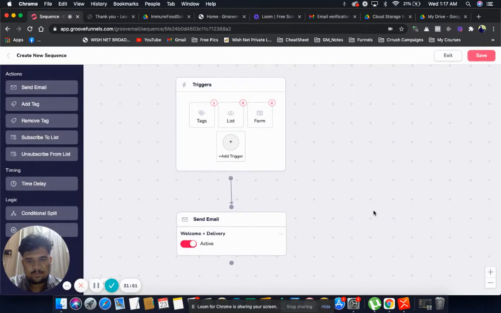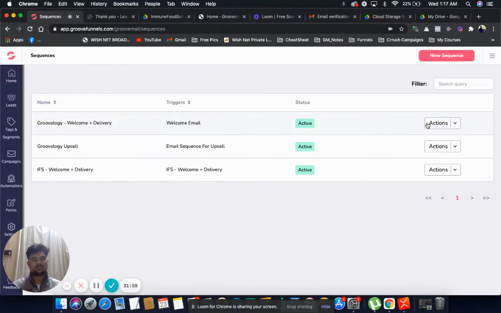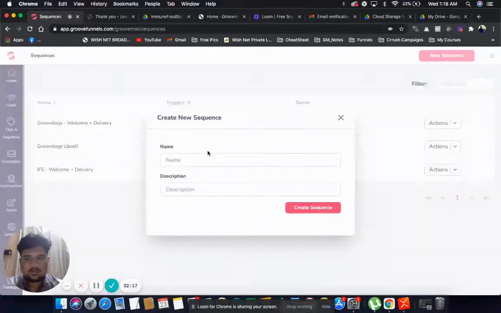Now I need to click on save. By this, whenever my audience gets tagged with say only lead magnet, they will receive a welcome email with the delivery. So we have just created this IFS welcome and delivery. Now I will show you creating another sequence for the upsell. I will click on new sequence and write